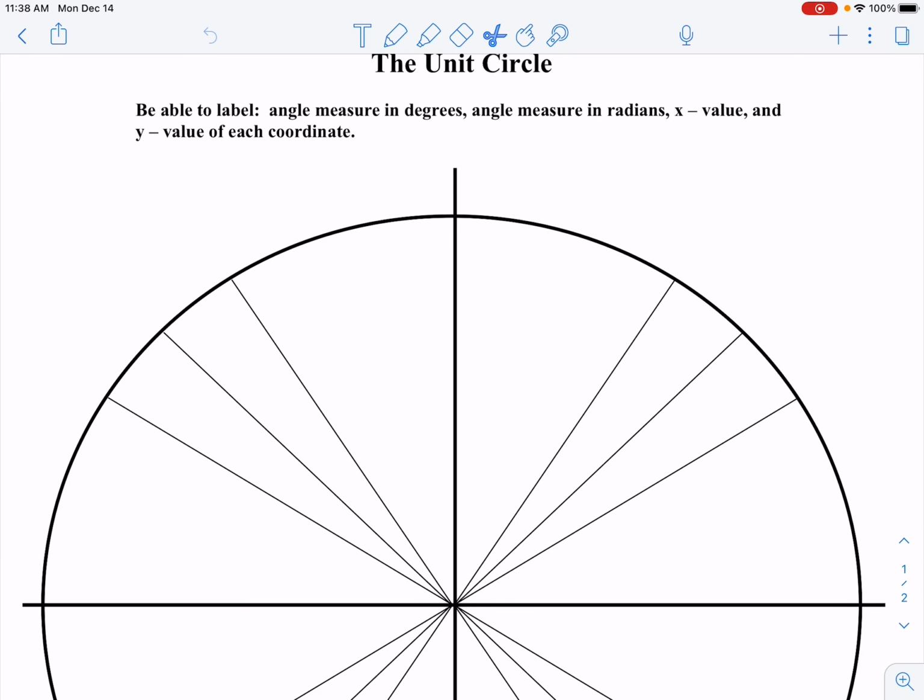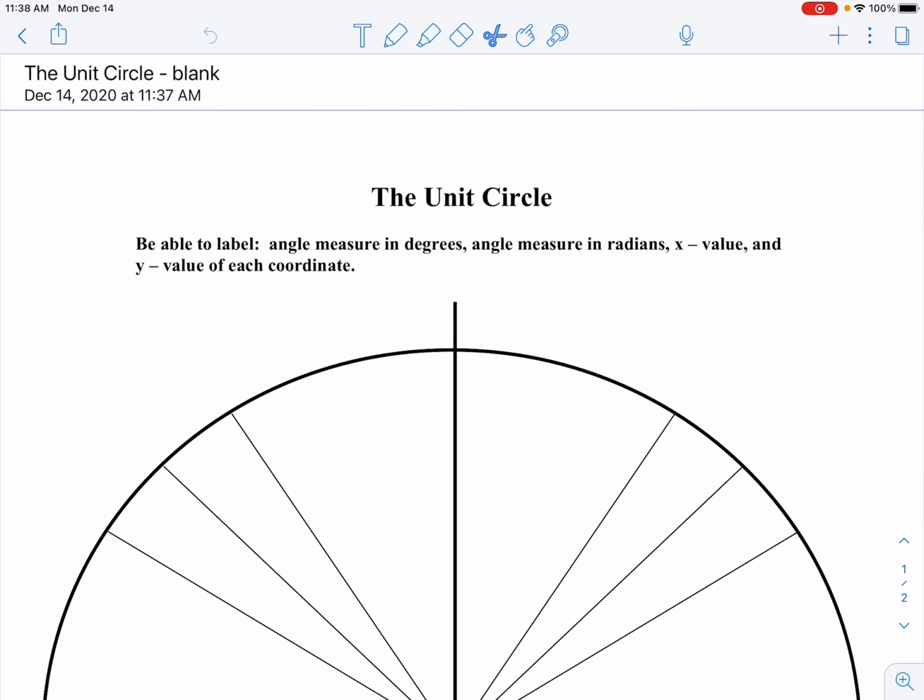Hello, it's time to talk unit circle, one of my favorite things. Okay, before we talk unit circle, we got to review our triangles. So we've got a 30, 60, 90. Okay, the sides of the triangle: the opposite is 1, the hypotenuse is 2, across from 60